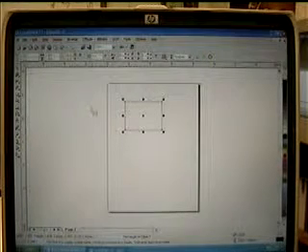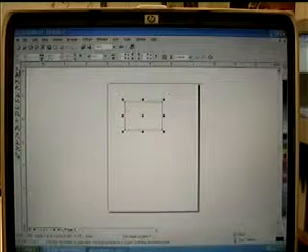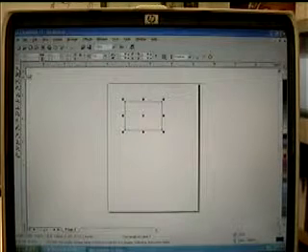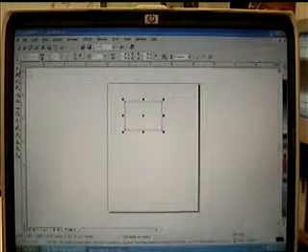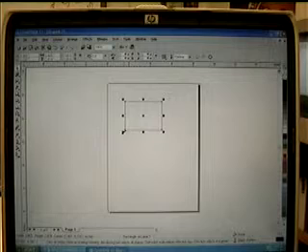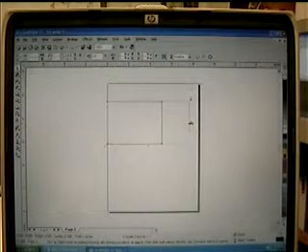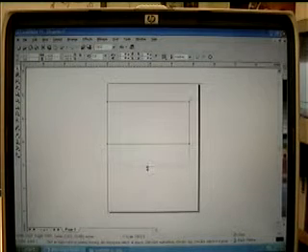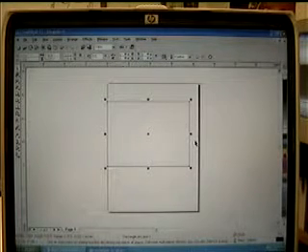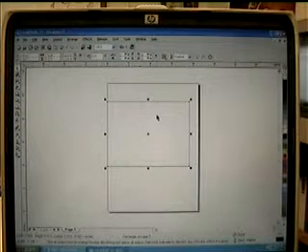Crosshair on it. So what I have to do is, this is the pick tool in the toolbar. I'm going to come to it real quick and click on it. So now I can come over and grab the corner and stretch and pull. Now I showed you all this so I can show you another button up here in the property